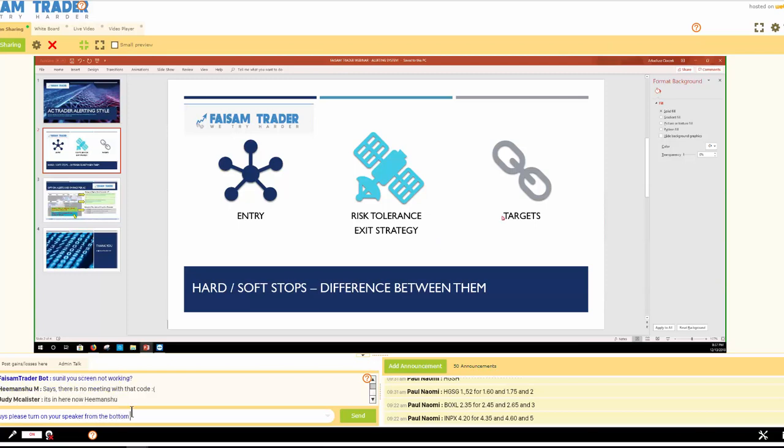And the targets. We provide targets: target number 1, number 2, number 3, number 4, and the rule is that you unload a batch, like 50% of the position at target 1, and you shift your stop accordingly. Okay, so if your risk tolerance is wide open, let's say you want to risk 7%